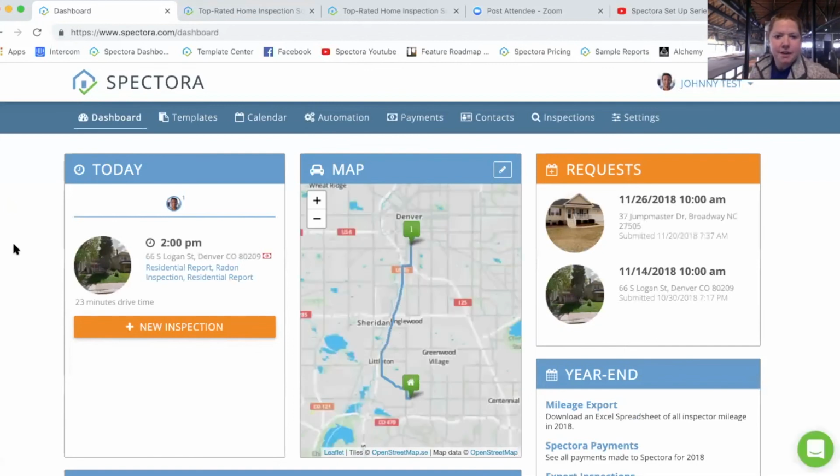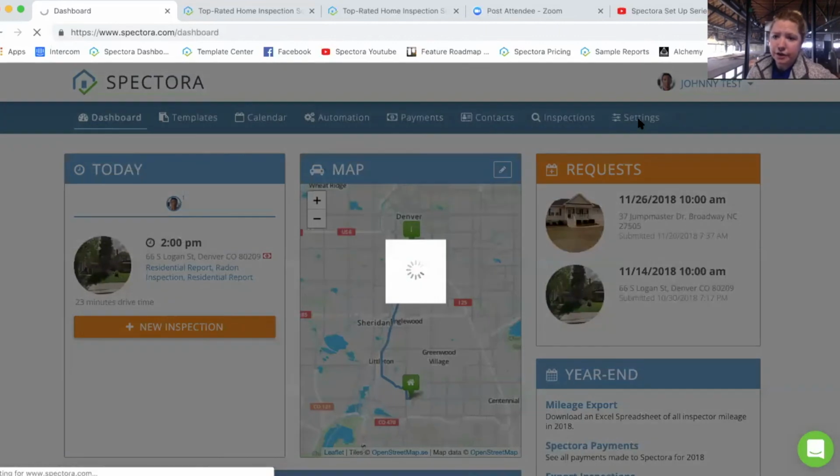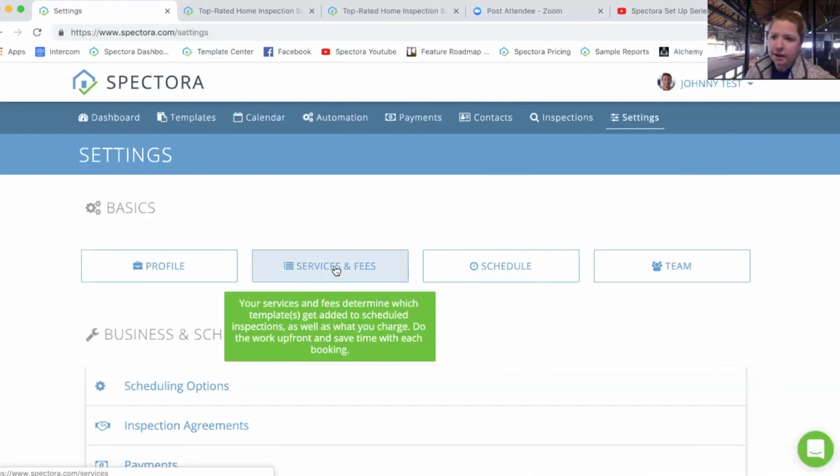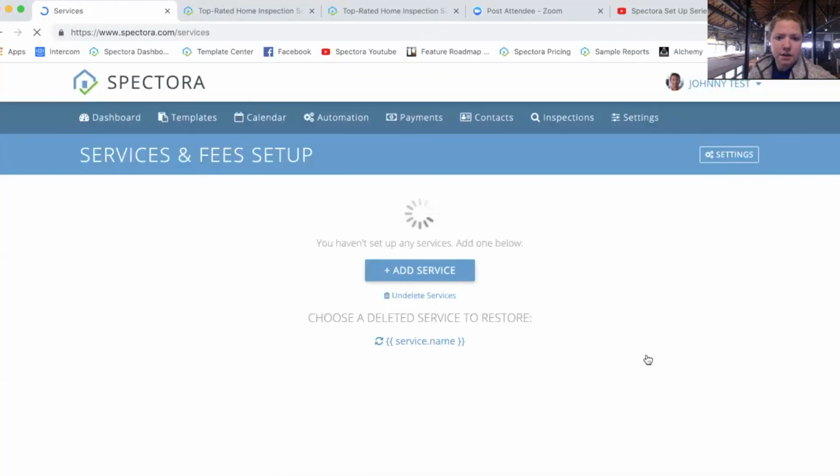All right, is there a limit on how many fees can be created? No, besides it gets confusing to clients and agents if we're using the online scheduler. So if we go to settings, does my iPad have flash? Yeah, yep. Okay, sorry, jumping around a lot. If we go to services and fees and we click it and open it up,